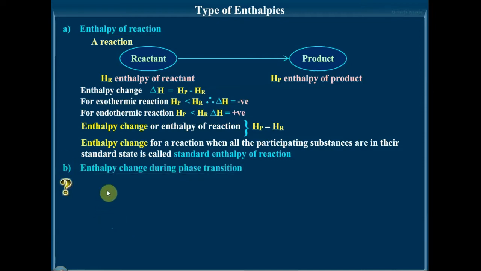So next, the enthalpy of a reaction is the enthalpy change during phase transitions. We know it is a common observation that energy is required to convert a solid into liquid or a liquid into gas. The conversion of solid into liquid is called melting or fusion, and the process of conversion of liquid into gas is termed vaporization. These processes are collectively called phase transformations or phase changes. So we are going to study the enthalpy change during some phase transitions.